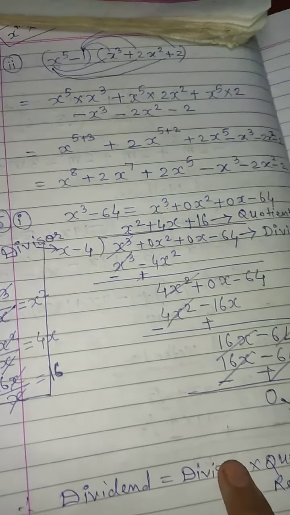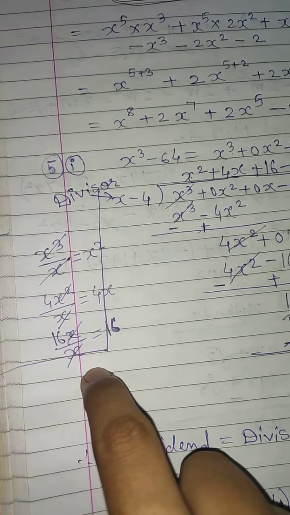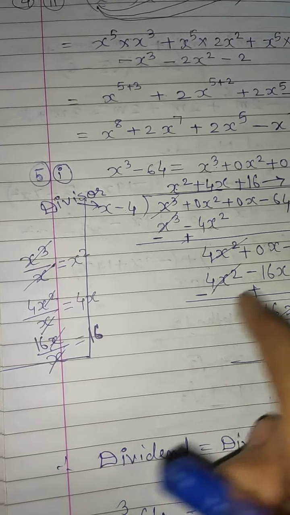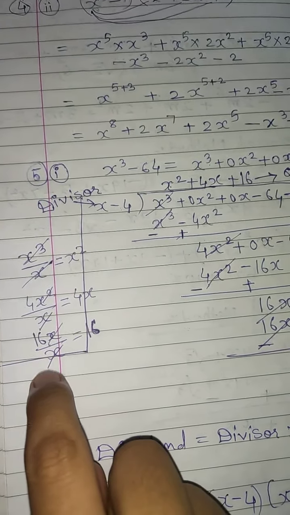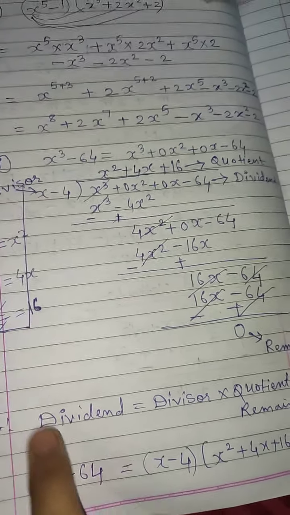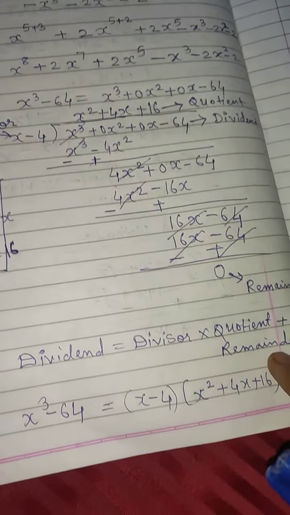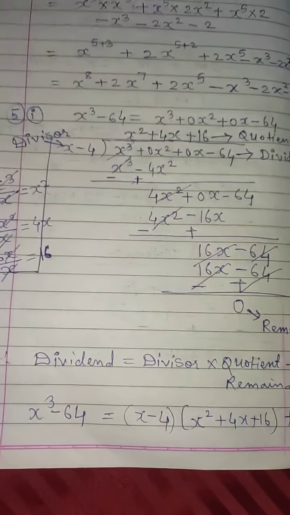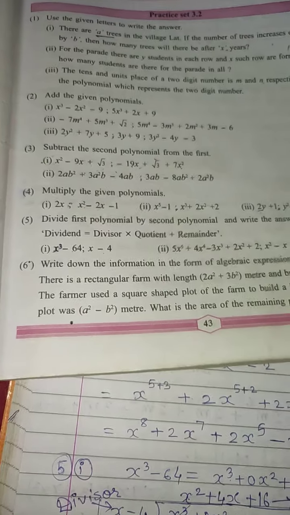So like this you have to solve, and whenever you solve, on the right side or left side you have to show this answer, this proof, which shows you have solved it yourself. Then you have to write your answer in this form. So this is the answer, you can take a screenshot.